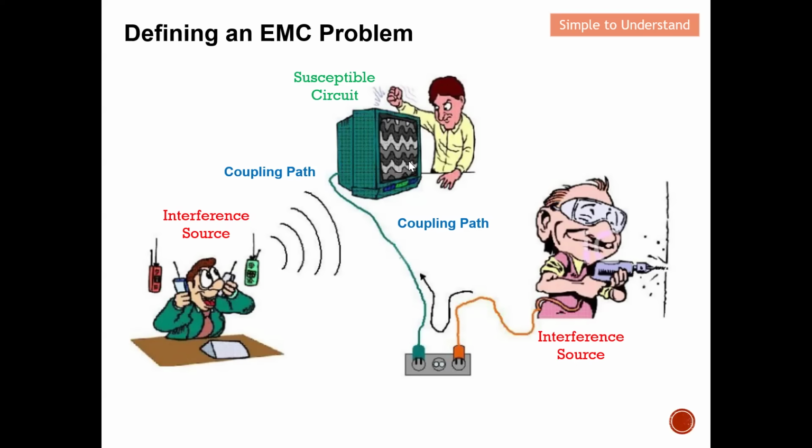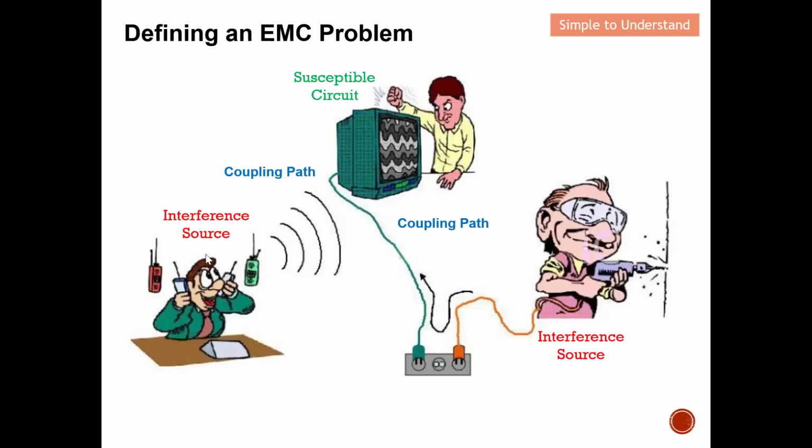Okay, so basically, this is also another form of EMC. The noise generated from the drilling machine can travel through the cable all the way to the electrical supply because they share the same electrical supply. So the noise couples over and finally reaches the victim. Therefore, you actually see the line on the TV, for example, in this case here.